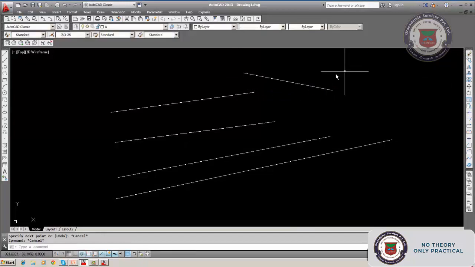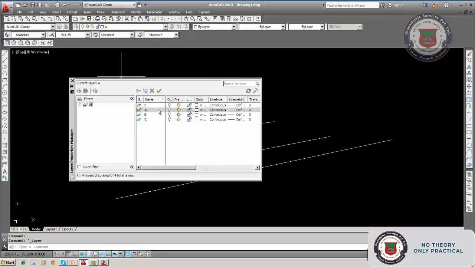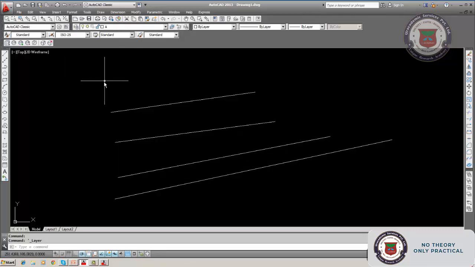That is A layer. Similarly, if you select B and draw lines, it is the B layer, like that. Okay, now as it is 0, A, B, C. Now we will know something more about the properties. So I have told you we cannot freeze the current layer. Current layer cannot be frozen, and only the other layers can be frozen.